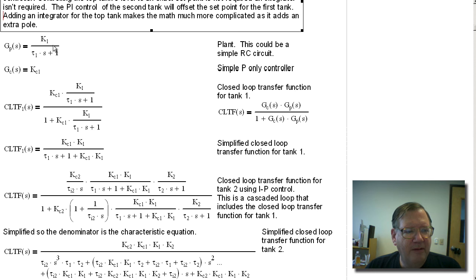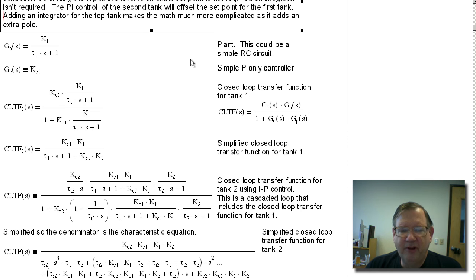So this is the plant, or the open loop transfer function for the first tank. Again, I'm assuming that everything is constant, and I have a proportional gain to control it. Now, why am I using a proportional gain only? Well, the simple answer is that's all that's required,